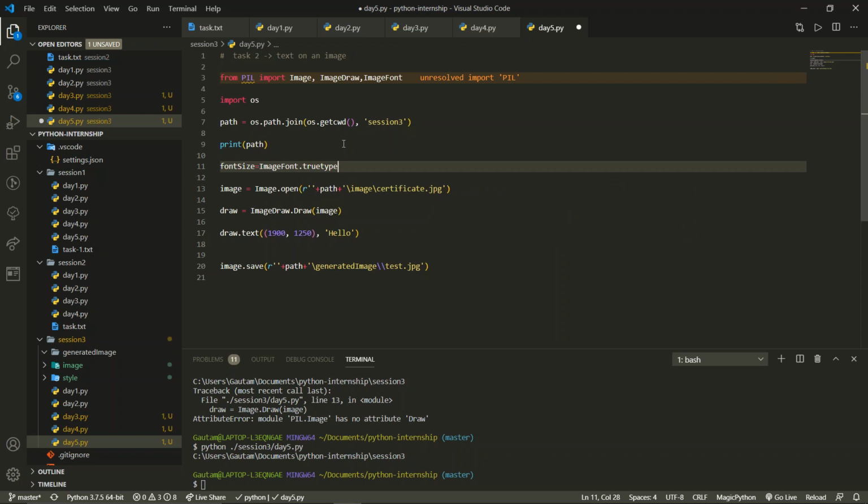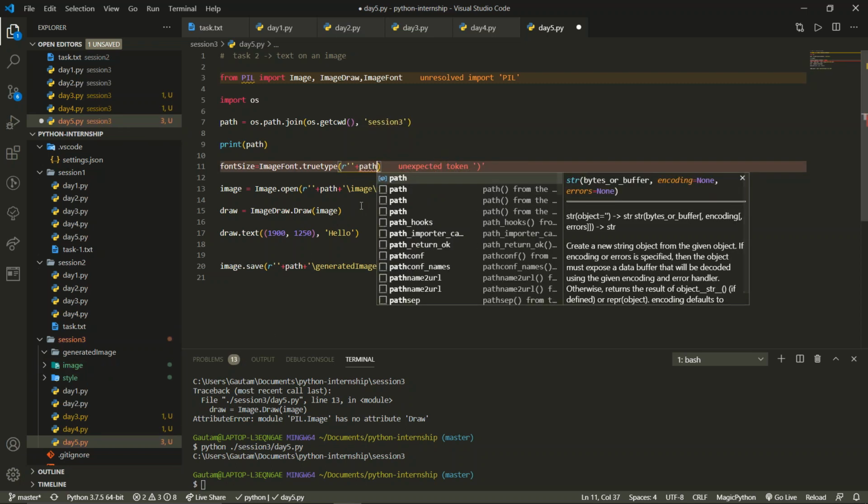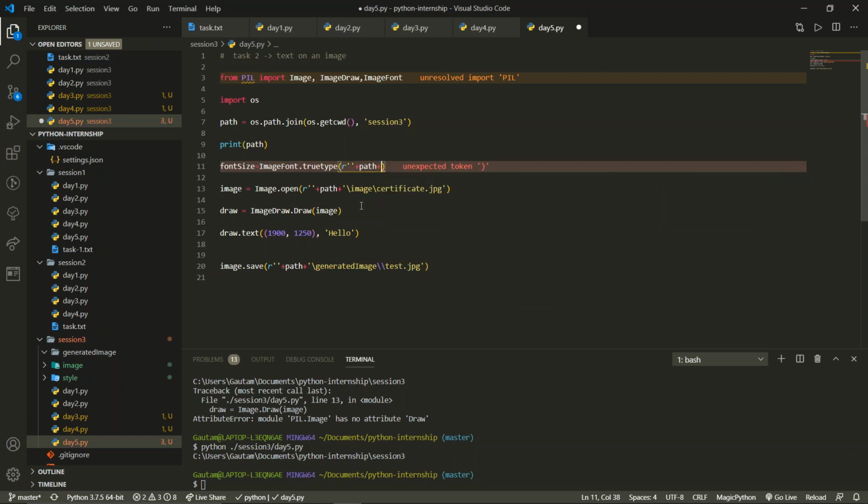Image font dot true type, and inside that we're gonna put the path. So r, and the path is over here in the style, so we have to concatenate the path, and then we're gonna concatenate with the style.